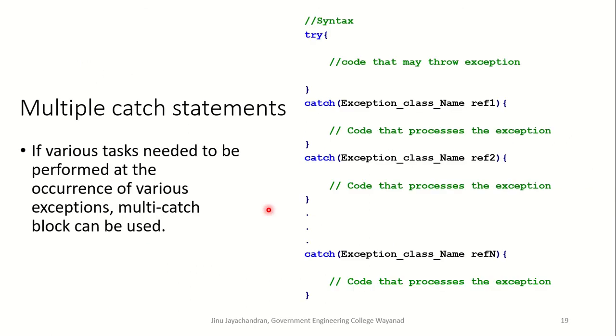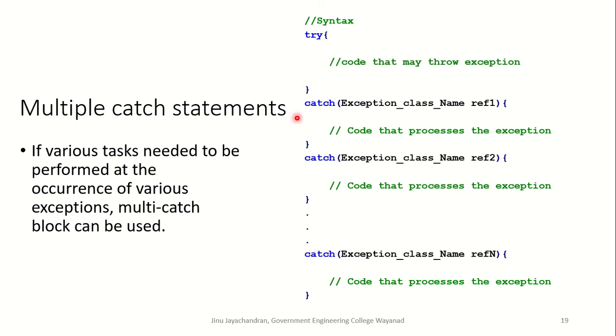Now the question is, can I have multiple catch statements after try? It is possible. It is just like a switch case statement. Let's say various tasks need to be performed at the occurrence of various exceptions, then multiple catch blocks can be used. That means in this try you will have a very large amount of code, and a lot of exceptions can be thrown,